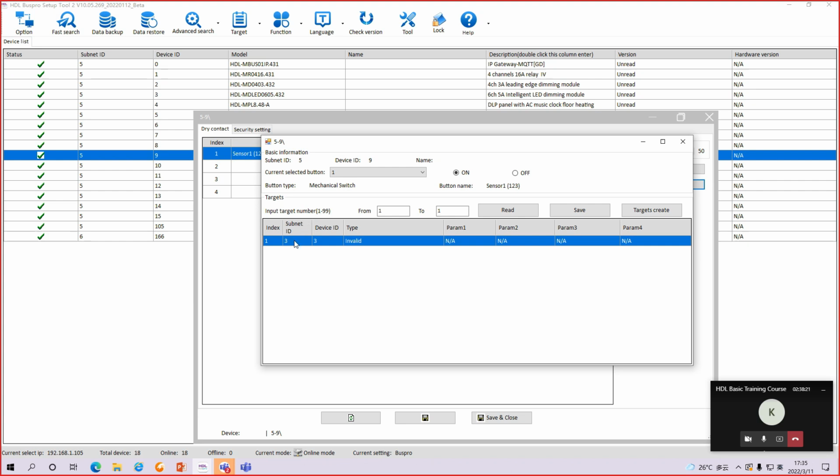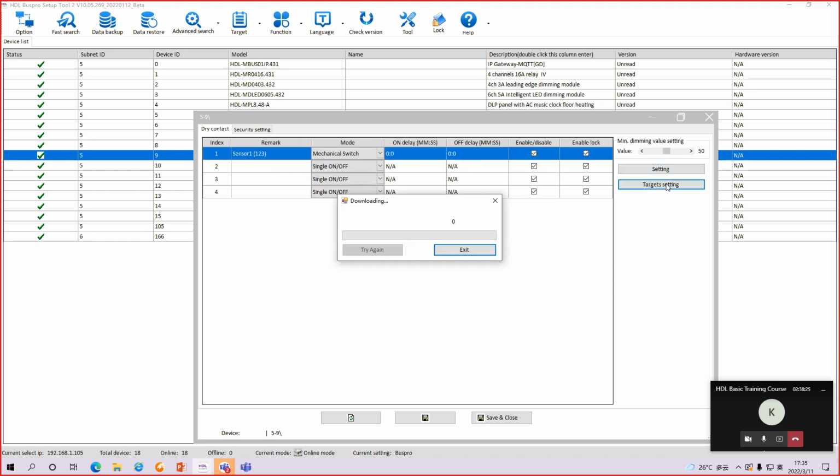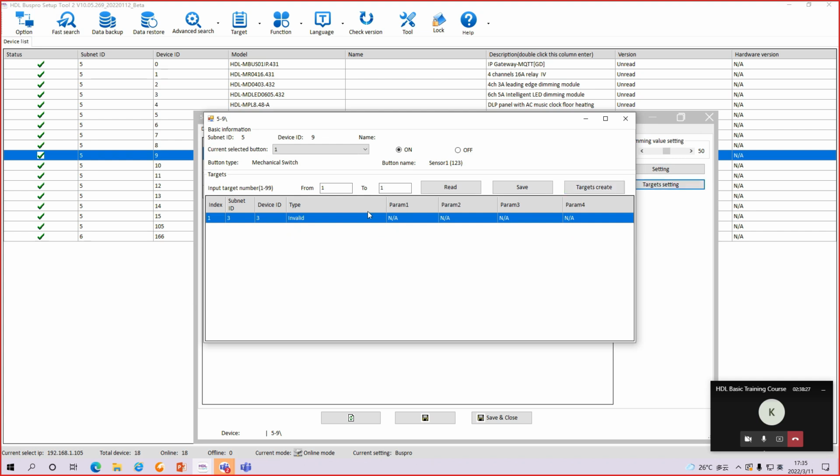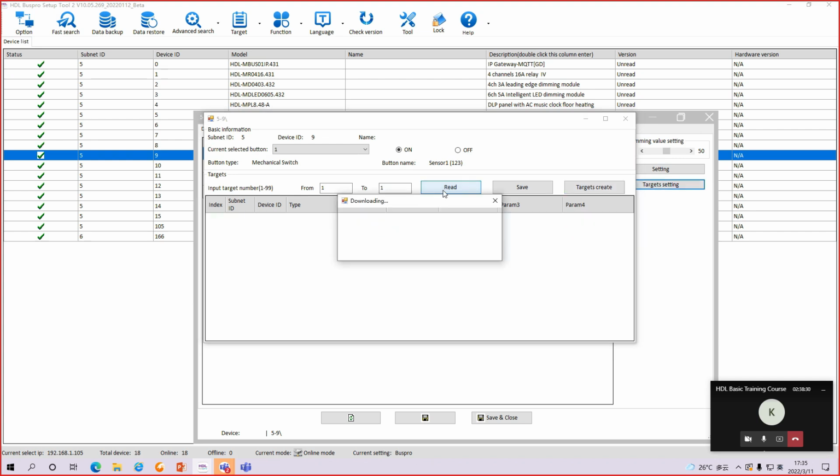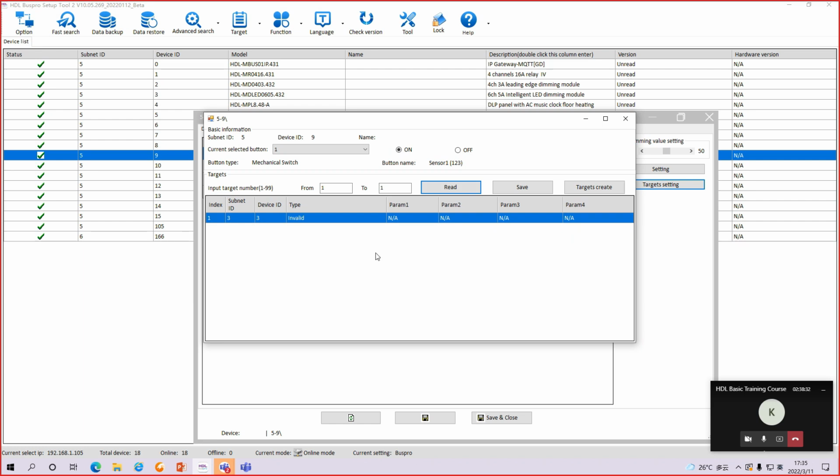Then you have to set the targets in this part by clicking target setting. You can read it and enter the target. For example,